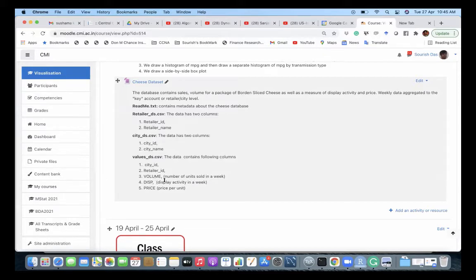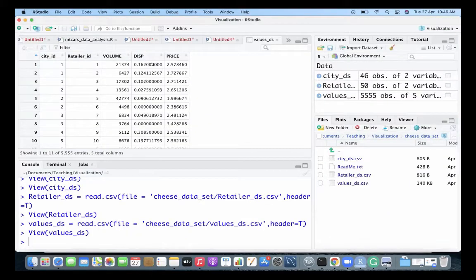DISP stands for display activity in a week, and price stands for price per unit. If you multiply price per unit by volume element-wise, you will get the revenue for that week, for that retailer in that city.